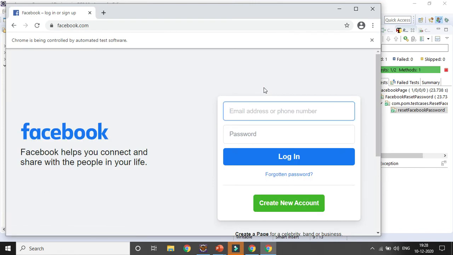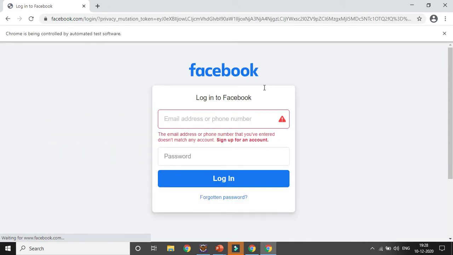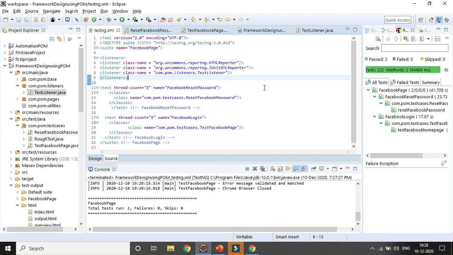In case the test case is passed, maybe if you want to take some screenshot, you can add it, but generally if you don't want to take it, fine. If there is a failure, then if you want to take it, you can definitely take the screenshot, and the screenshot will be added at the test case level. Now you can see both the test cases passed.